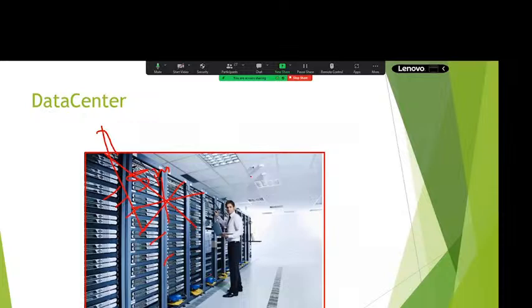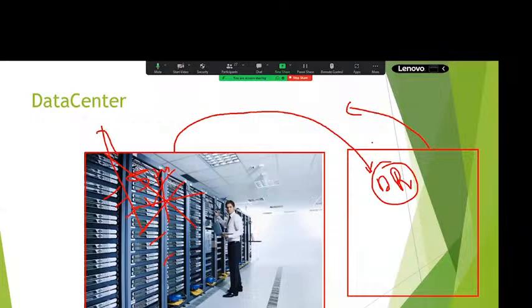So to maintain the same data in multiple locations, we need to maintain another thing called disaster recovery, so another backup data center. If this data center collapses, another data center should be there to recover the data, so it should not affect your business. Am I right? So if you are maintaining a single data center, that is not enough. We also have to implement disaster recovery. Disaster recovery, in the sense, recovers the data if any unexpected events occur.